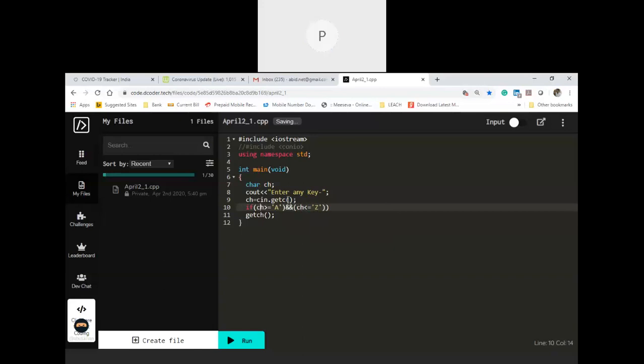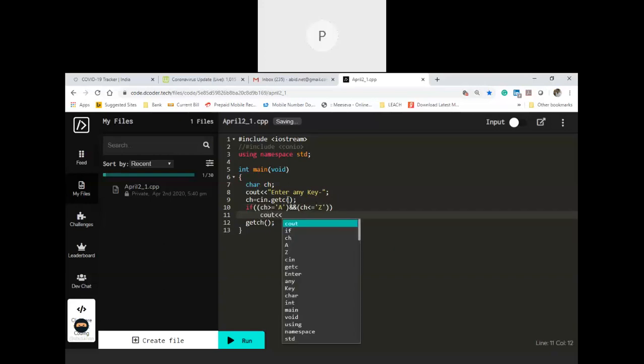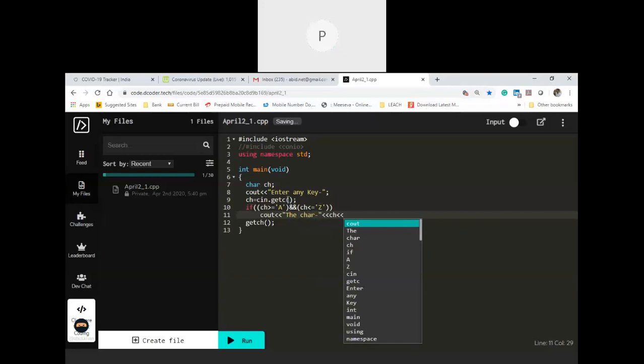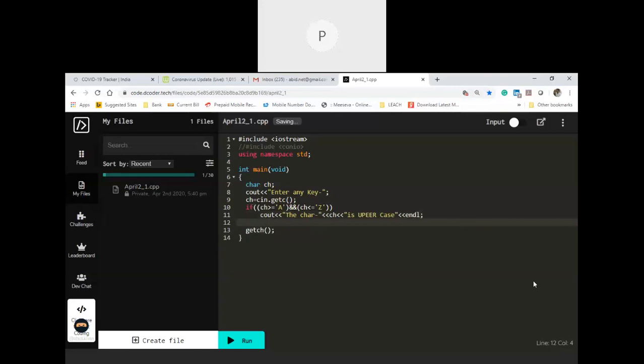Print out the character is in uppercase. Okay. Character ch is in uppercase, whatever ch is, this is an alphabet. Otherwise,